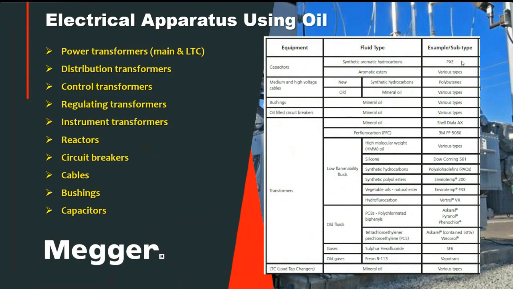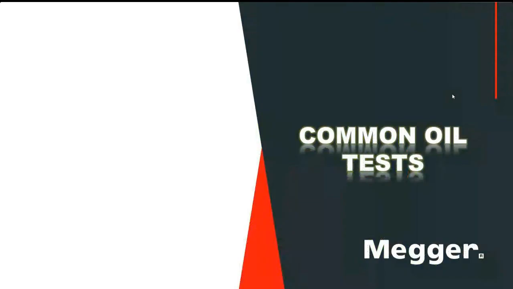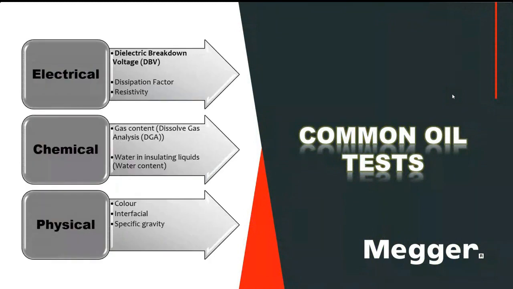Any type of oil, as you can see here, including FR3 and EnviroTemp 200, we can test. Now, according to IEEE C57.106, these are the guides for oil acceptance. When you accept oil, you need to conduct electrical, physical, and chemical tests. These are the common oil tests. For electrical, we do the electric breakdown, dissipation factor, and resistivity. For chemical, of course, there is dissolved gas analysis,